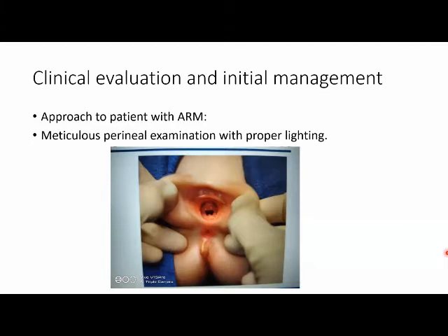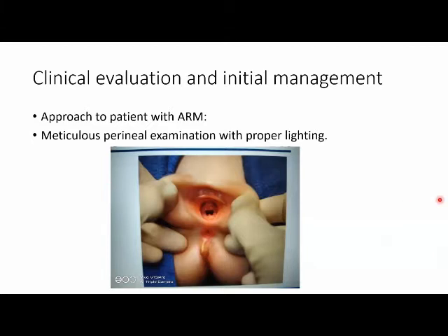And the postnatal history, the birth history, and the meconium history are very important. Whether they notice meconium at the perineum, or whether they notice meconium passage in urine, or whether the mother or the doctor has noticed meconium staining near the urethral orifice. And then coming to the clinical evaluation,